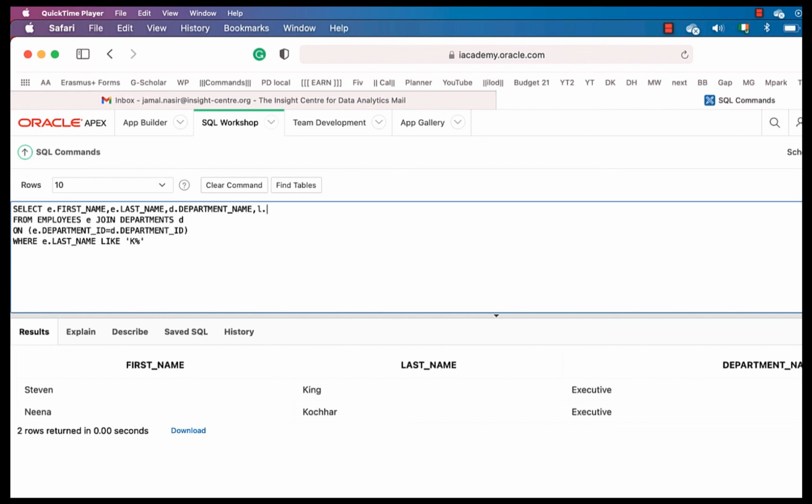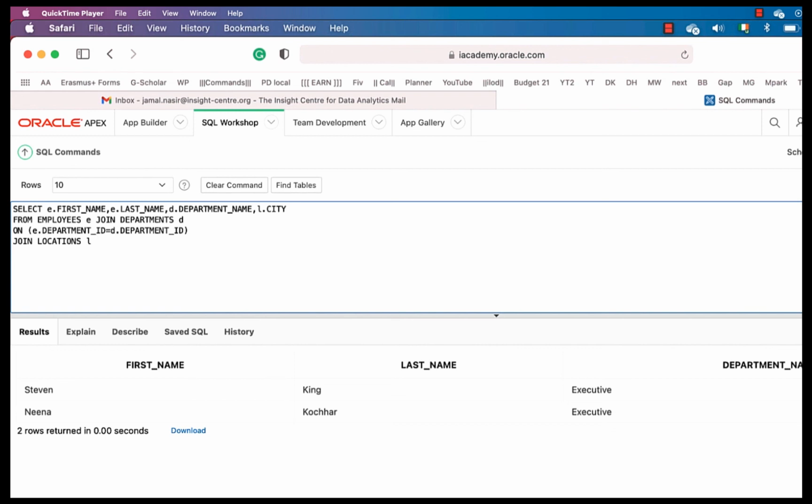So for example, I'm trying to get data from 3 tables. I can modify this query, and I also want the name of the department as well as the location, the city of that department. And it's present in the locations table. So I have to add another join. I will remove this, then I will say join locations, and the alias could be small l.